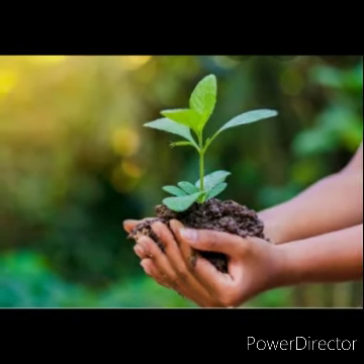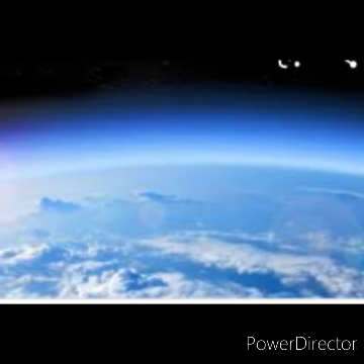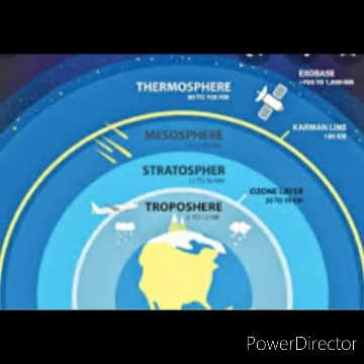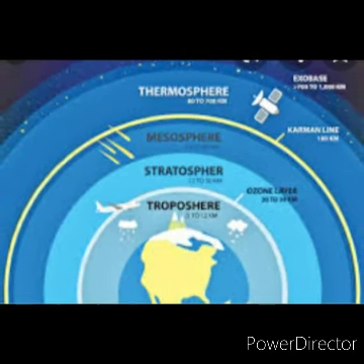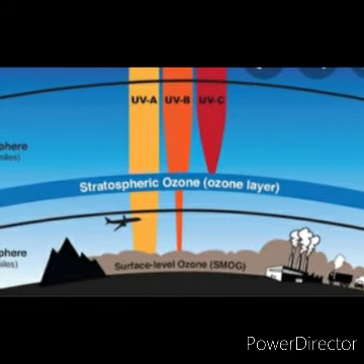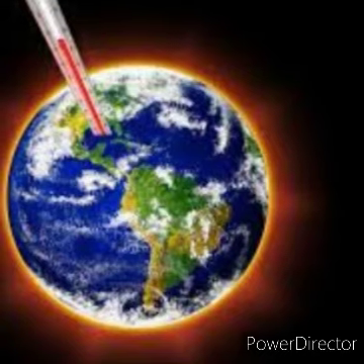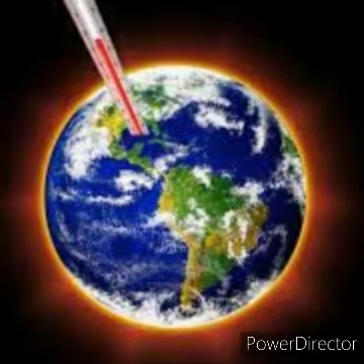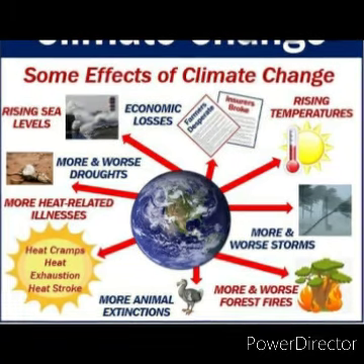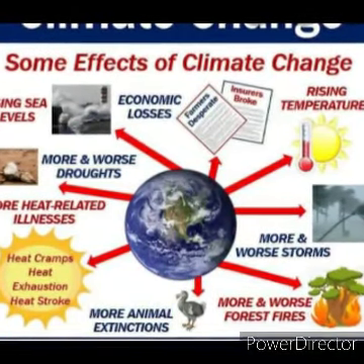Point number 1, ozone depletion, greenhouse effect, and global warming. All the three physical phenomena are related to one another to a great extent. To understand their effect on environment, we must first of all know their meaning, interrelationship, and working. Ozone is a form of oxygen which is away from the Earth's surface at a height of about 20 to 30 kilometers in the atmosphere. It is scattered in the stratosphere in the form of a layer about 3 millimeters thick.